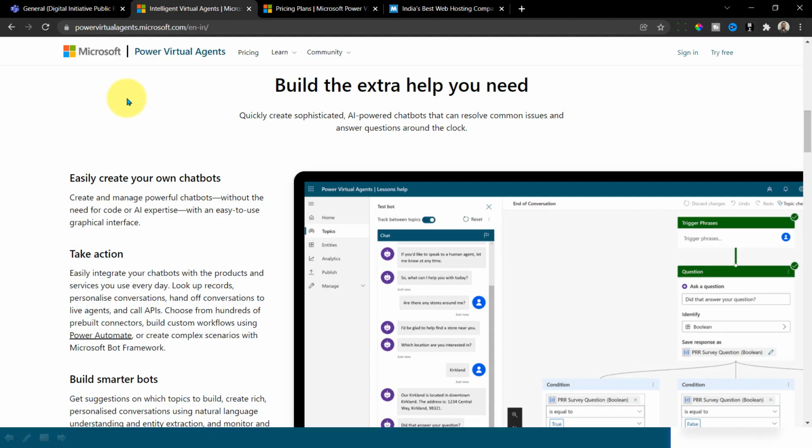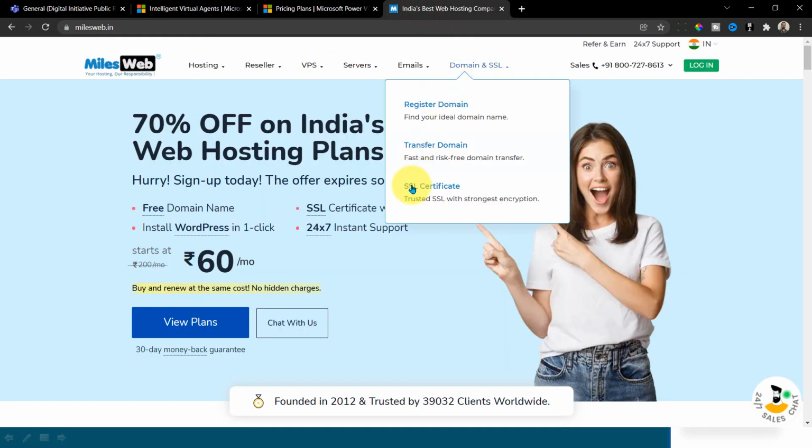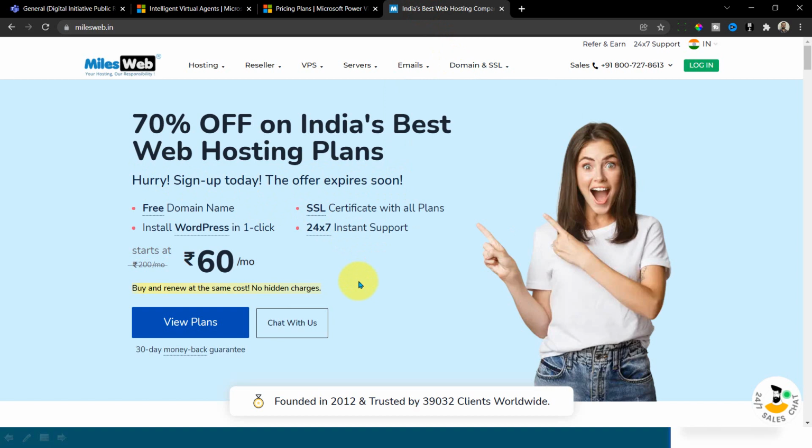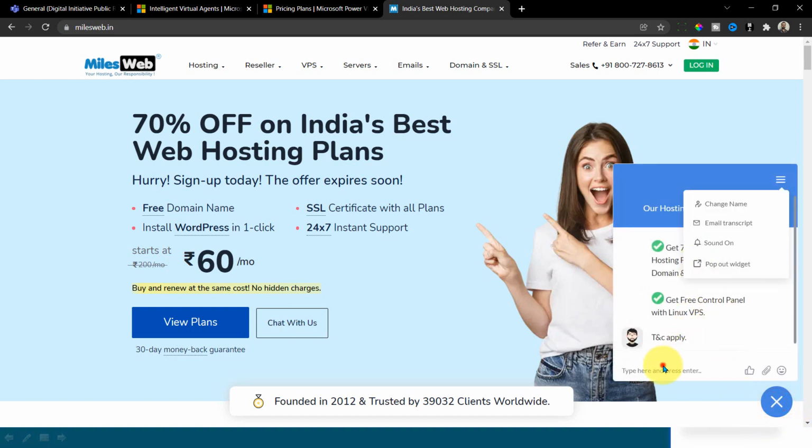Power Virtual Agent is, in simple terms, a chatbot which we usually see on some websites. For example, I log into this mailsweb.in, and on the right bottom I can find an icon, 24/7 sales chat. If I click on it, I can type whatever I need, and the pre-built information fed into the system responds to our queries. If we are not satisfied, it will redirect us to a manual person so that we can contact the customer executive to clear all our queries, right?